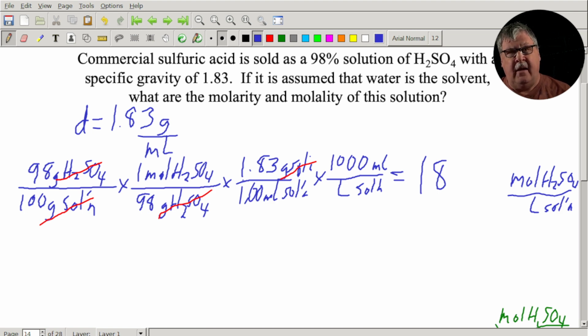At least by these standards. And if I know that, then I can do dilutions with it. All right, now my dilutions are not going to be very precise. And this is one of the other issues that you run into with all commercial acids. Even though these solutions are sold as a certain percentage, the percentage is not very precise. It's usually not more than 2 sig figs, maybe 3 in some cases.